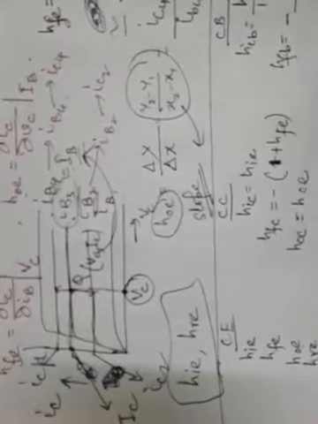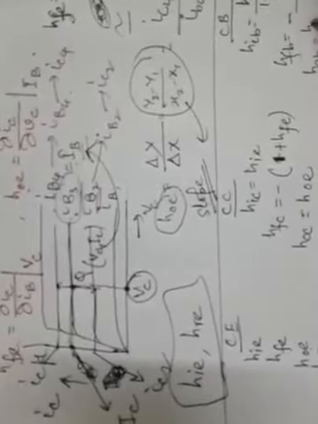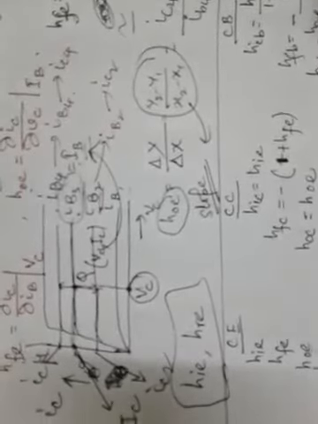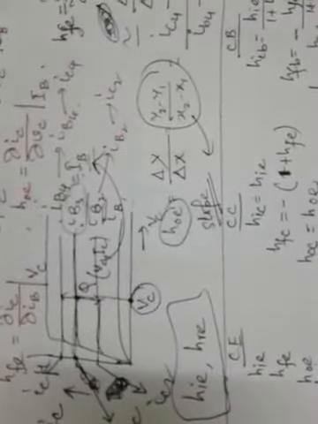Now what is the relation of HOE with HOC? HOE and HOC are the same, just like HIE and HIC are almost the same. And HOB is nothing but HOE by 1 plus HFE. So you can remember it like this: since these two are equal, accordingly for common base these two are related. In the denominator for both cases HFE is used, but in the numerator it is just HI because it is HI, and HO because it is HO, nothing else. It is very easy to remember these relations.